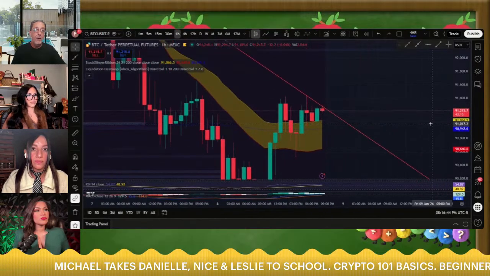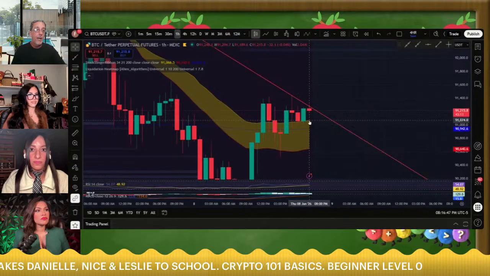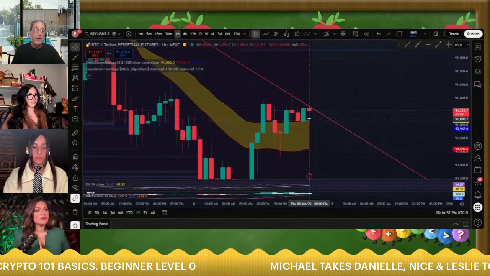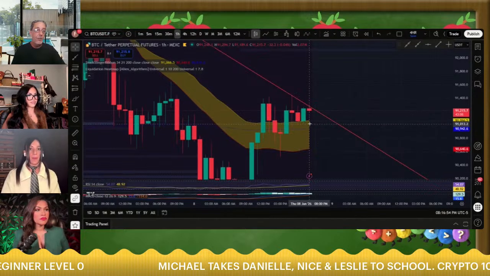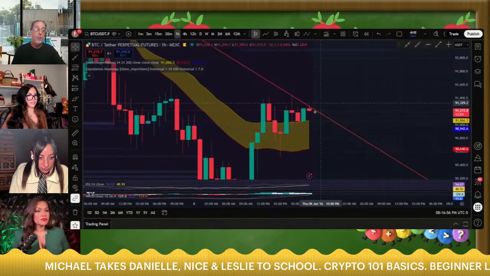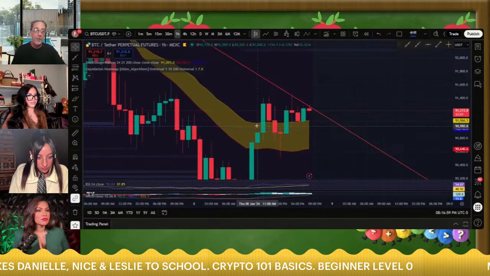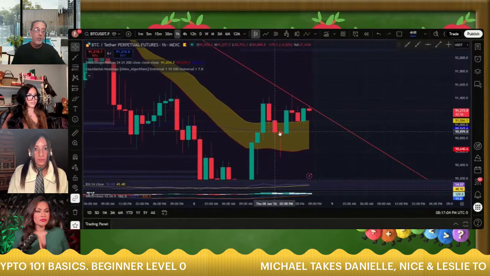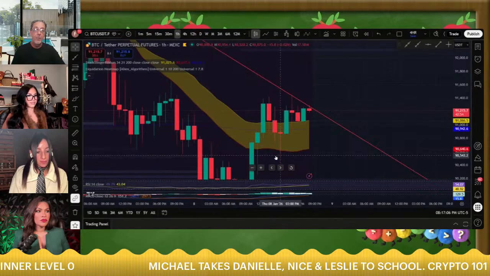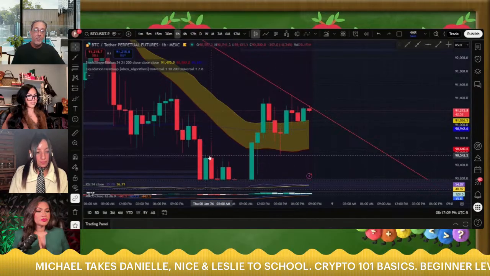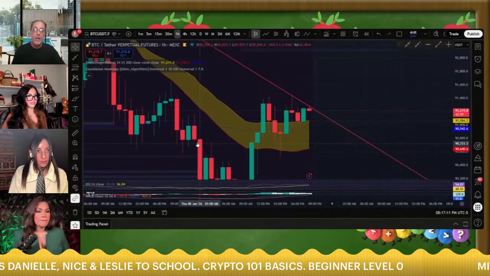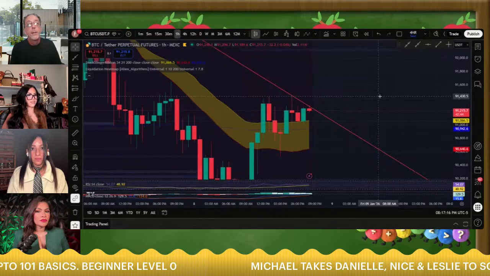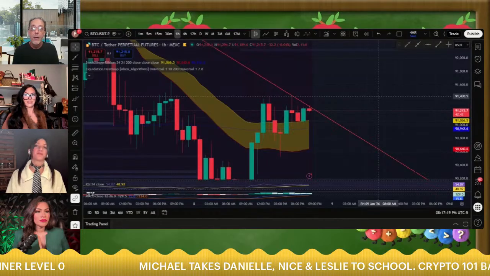It could come back down to this level, 90,000, 91,000, and bounce off of this and come back up. It retraced, came back down even more, and found a support level right here. Always look to the left. It'll tell you where you have support and resistance, and it started bouncing back up. Hopefully that gives you a good understanding of how it plays out.